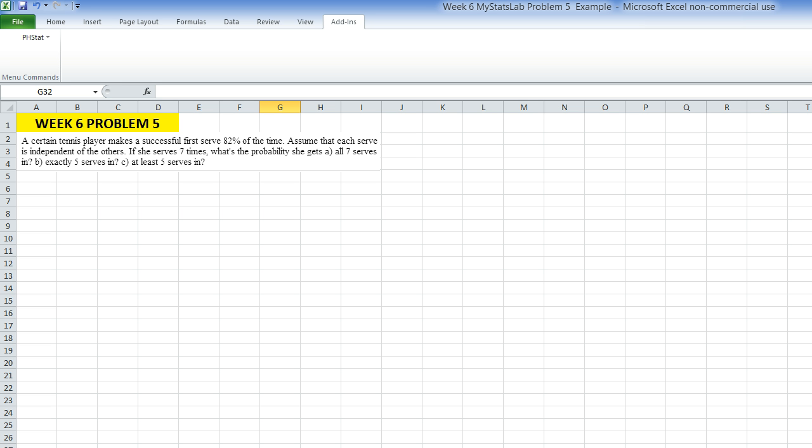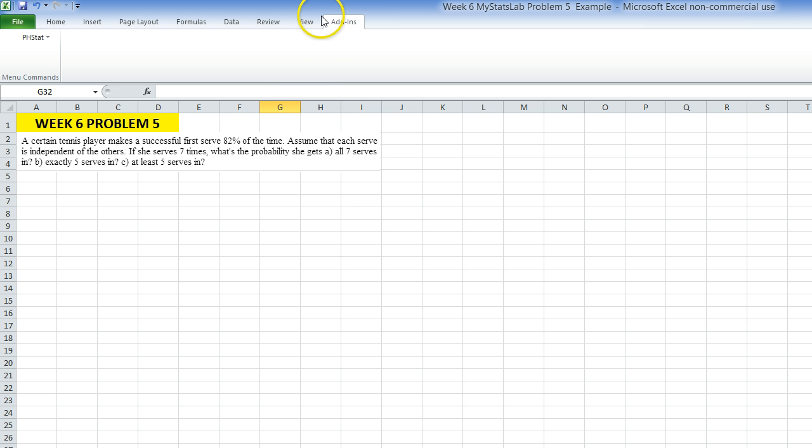In the first case, we want to find 7 serves in, and that would be a hell of a match. Or in part B, we want to look at exactly 5 serves in, and in part C we're looking at at least 5 serves in. So this requires some amount of interpretation, and I'm going to go ahead and use